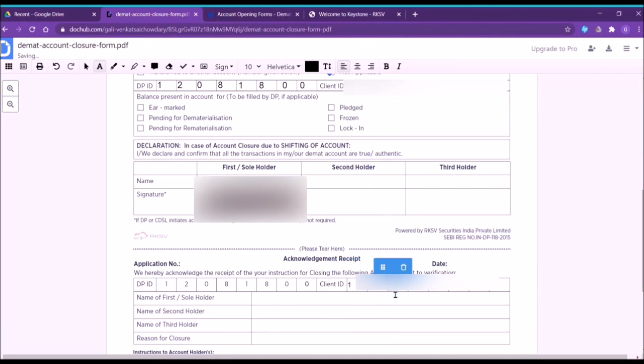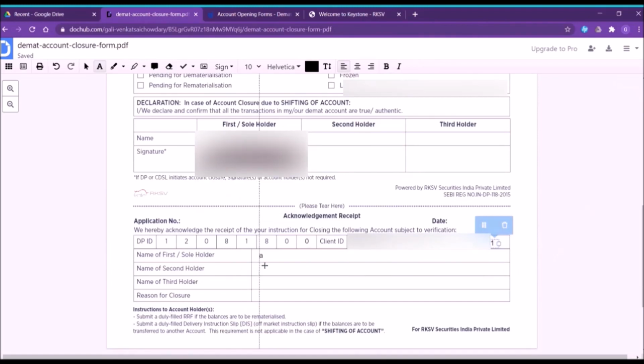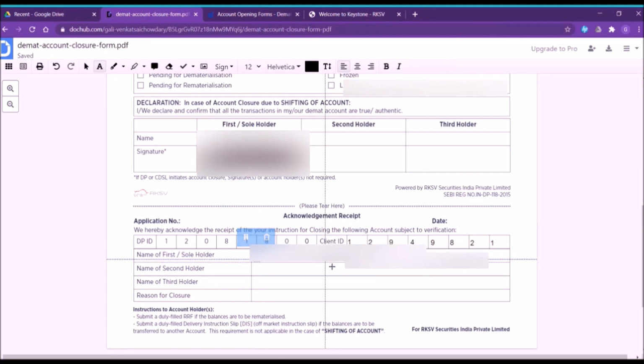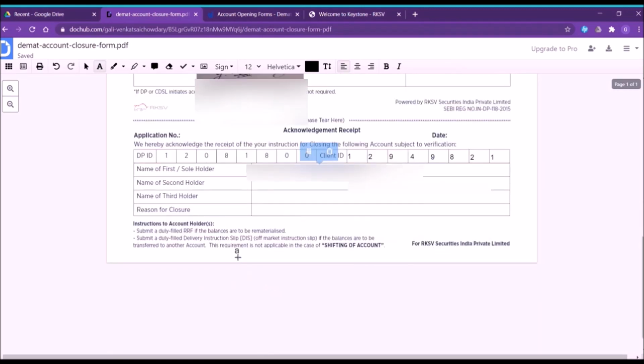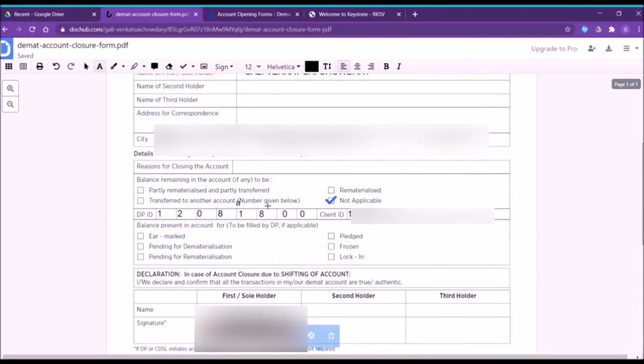After giving your sign, there is an acknowledgement receipt. There is no need of writing on it because the receipt will be with you only. In the acknowledgement receipt, there will be the same details which you have already written. You can see here a reason for closure. Give any reason to close your account.